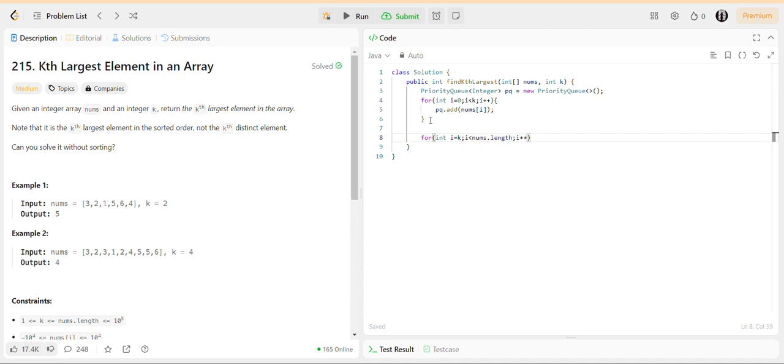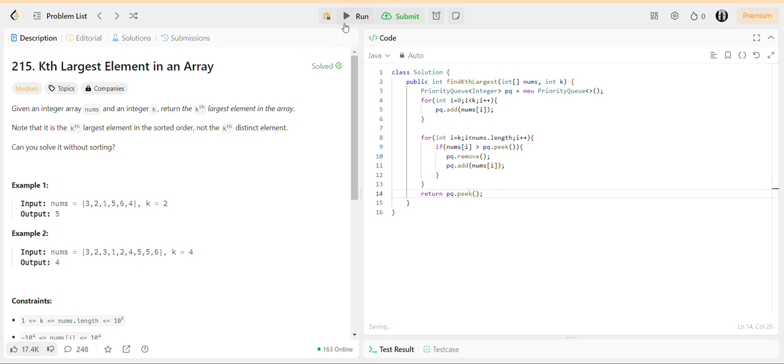The condition is if nums of i is greater than pq dot peek, then we remove the top peek element and add nums of i, the element which is greater than our peek element. At the end we return pq dot peek.